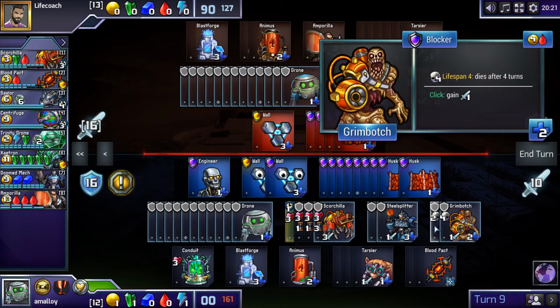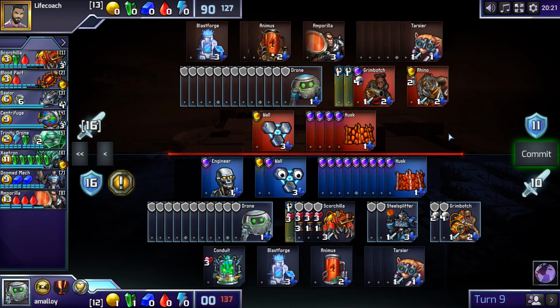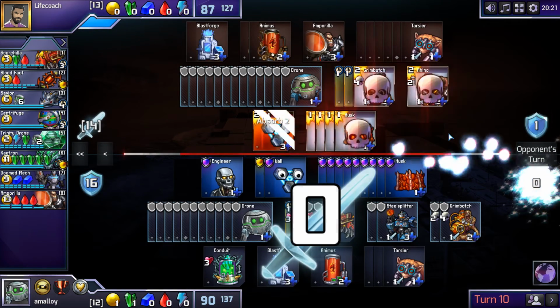I guess soon I'll be able to hold my Grimbotch back? I don't know if I want to do that. I mean, I guess I probably do. Is one attack worth... Health is worth more for him than for me, and attack is worth more for me than for him. So there's some argument for attacking with the Grimbotch even on 1 health. It's not exactly efficient, but...